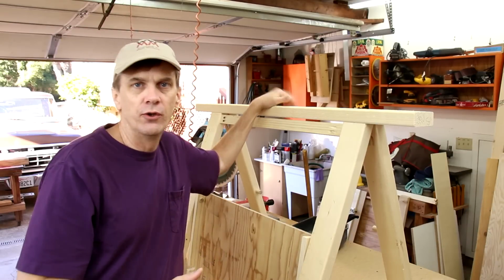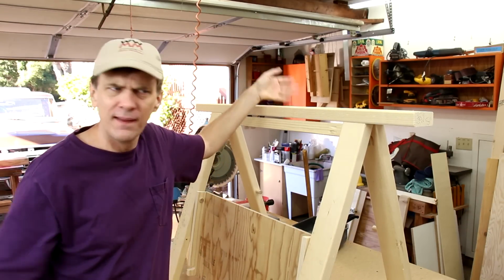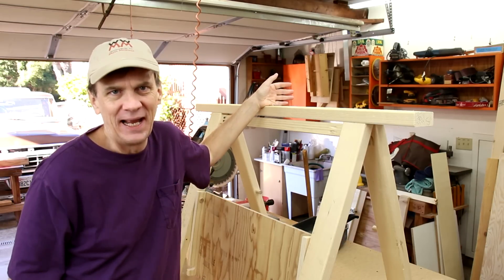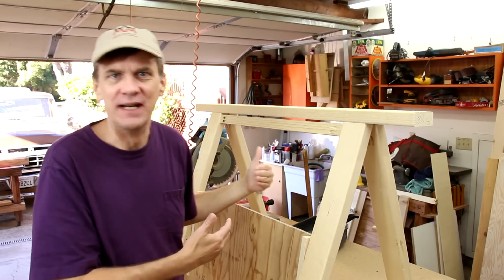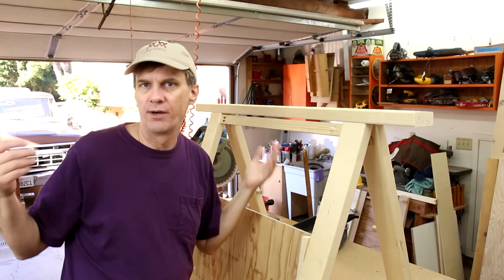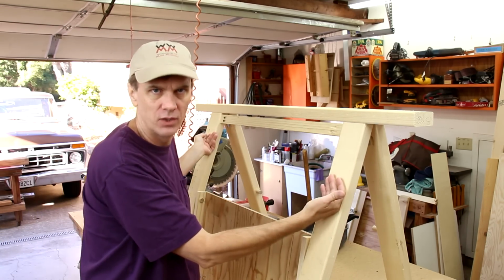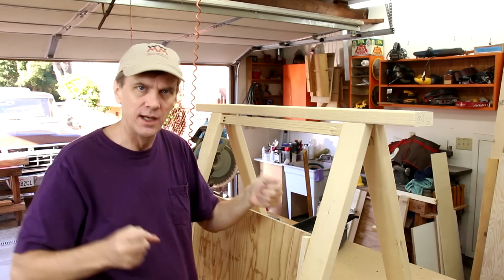Hey Mimos, I wanted to show you an addition to this Sawhorse that wasn't in yesterday's video. I think this is the first time I've ever had to go back and add a correction after the video was already done, but I didn't know this was a problem until after I'd already shot the video and posted it, and I started playing around with the Sawhorses and setting them up and resetting them up and setting things